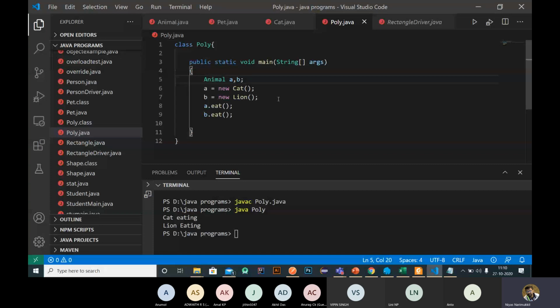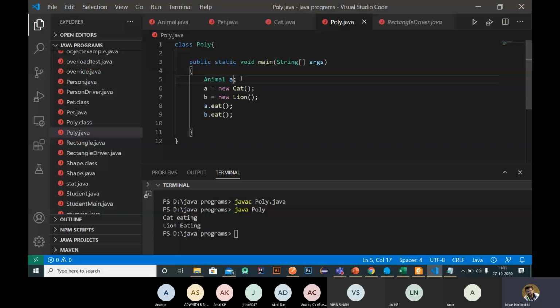We create only one variable, of type animal, that is animal A. Initially we create a new cat object, then we call a.eat. Here the variable acts as a cat object and points to a cat object, so all the features of the cat can be accessed by this variable a.